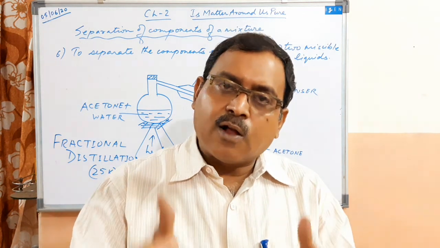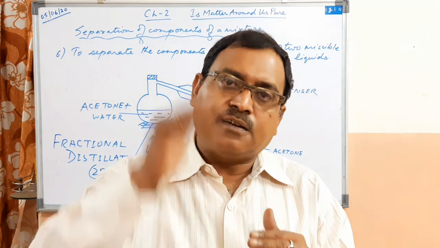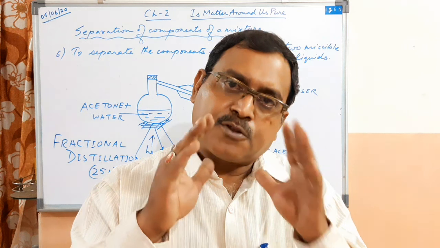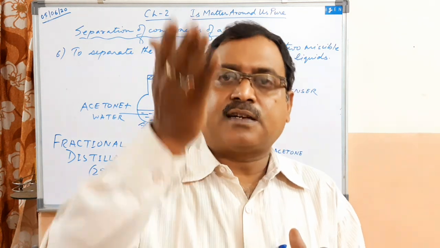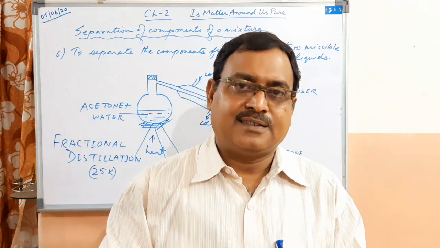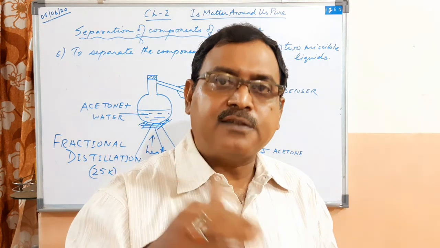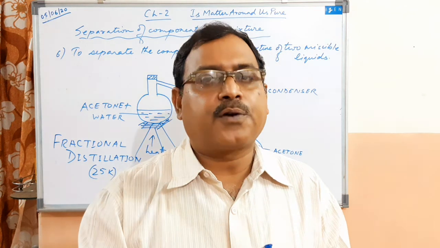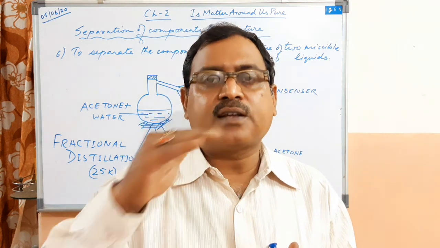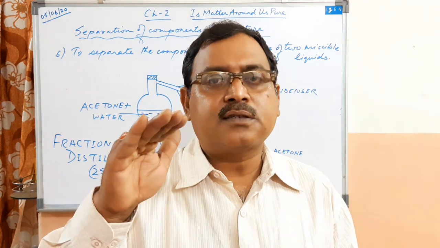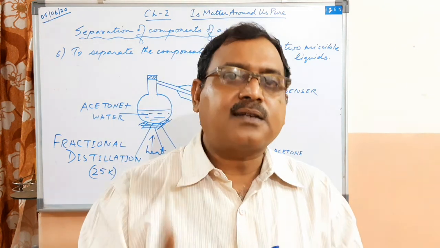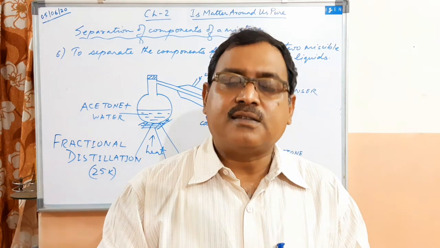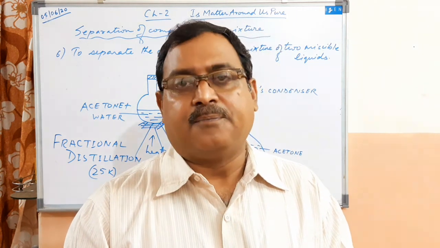Clear? So when all the vapor at this particular temperature has been evaporated, then the evaporation has stopped. Then again further the temperature is raised. Again the third one, whose boiling point is slightly more than the second liquid, will start evaporating. In this way, one after another, all the liquids are separated from that mixture. So this is how fractional distillation is done.